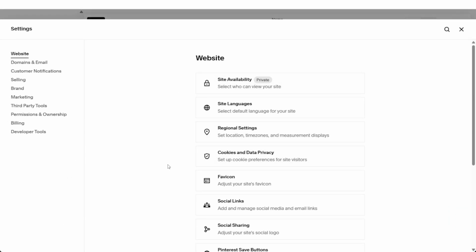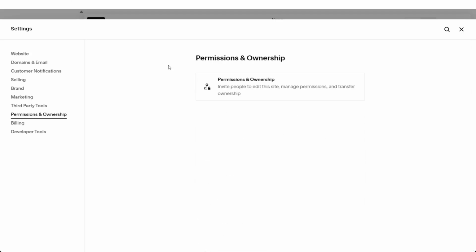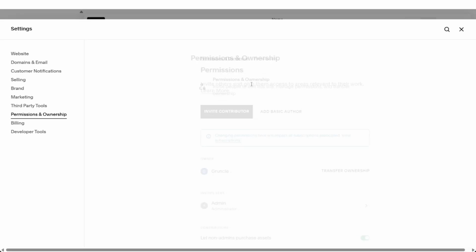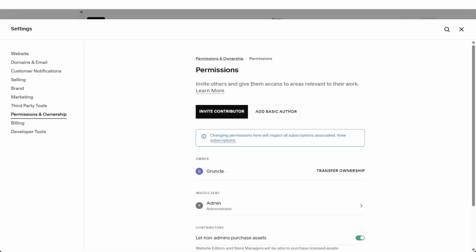Now that will take you to the settings page, and what you want to do is simply head over to the left-hand side again. And from here, simply click on permissions and ownership. Once you click on permissions and ownership, simply click on the only option, which is permissions and ownership. Now, on this page under permissions, this is where we can add a contributor as well